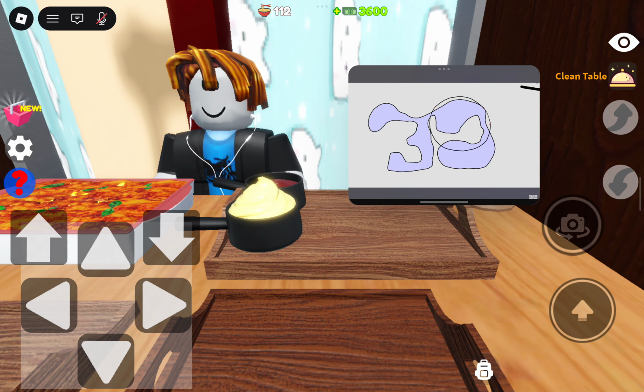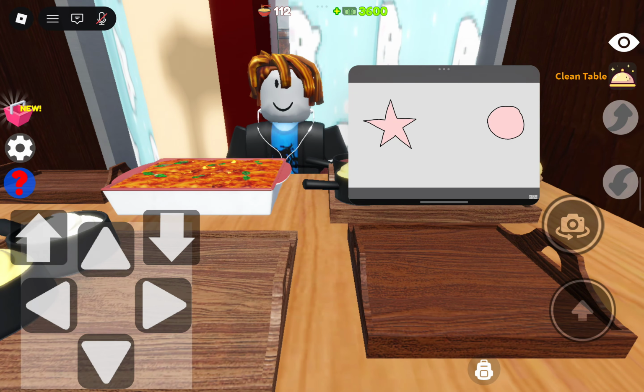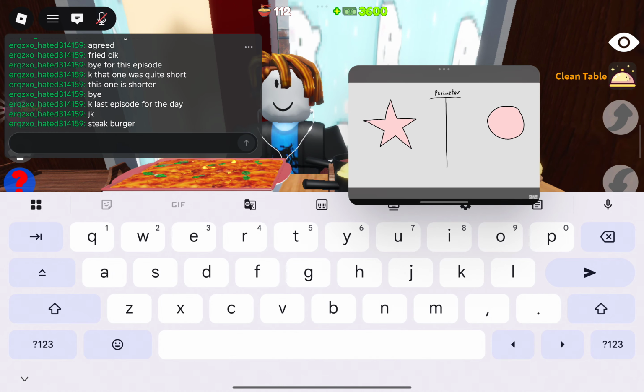Now you may have noticed something interesting about circles while watching this video. If a shape and a circle have the same area, and you compare the perimeters of both shapes, it turns out the circle's perimeter is always smaller than